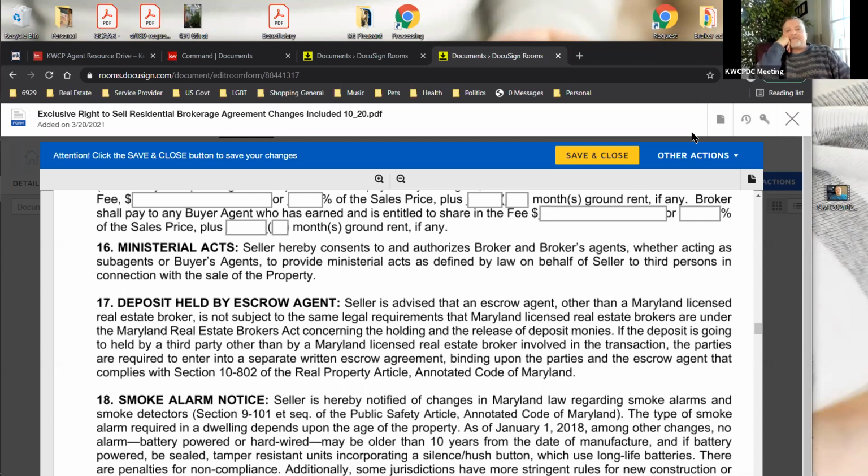For example, one example of a ministerial act might be if you're the listing agent and you've got a contract in the transaction, and let's say the buyer's agent is not available to do